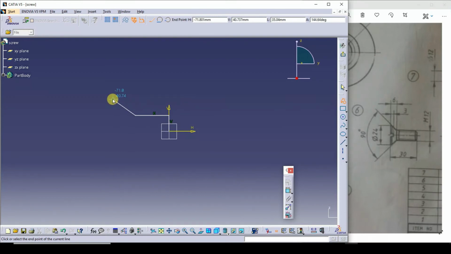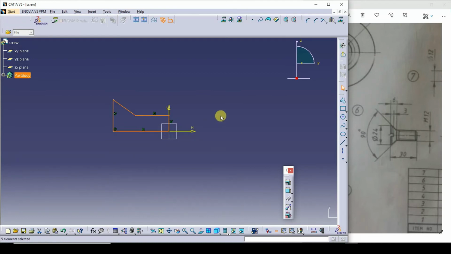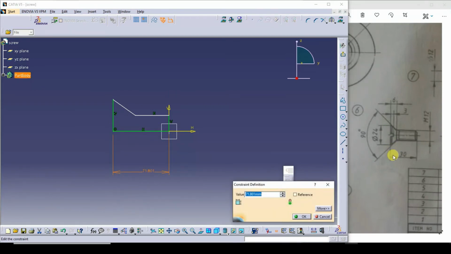Roughly I'll draw this. Just I'll start giving the dimension. This is total is 30 here. This is 30 here.